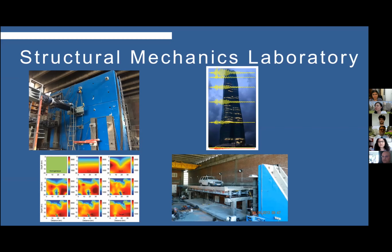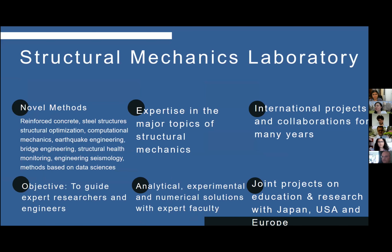And these are some studies from the lab, actually, physical and computational and related to health monitoring. And can you give us some highlights on structures lab? Okay, sure. Well, it's a place where we use novel methods related to reinforced concrete and steel structures to begin